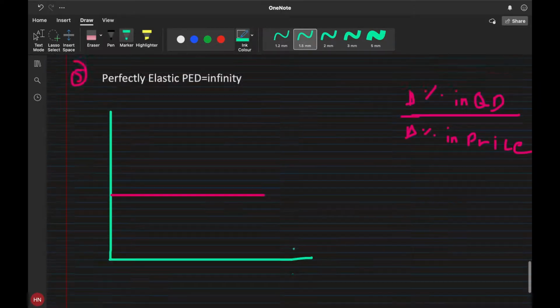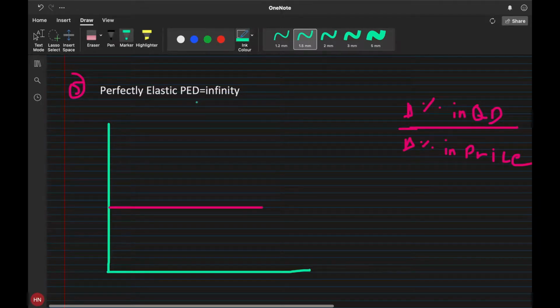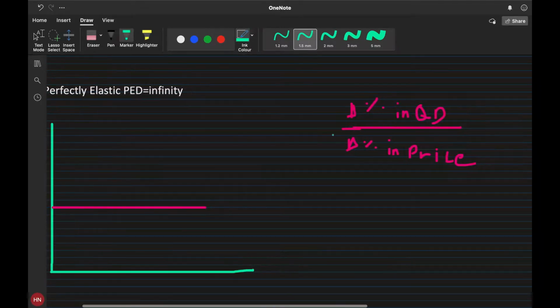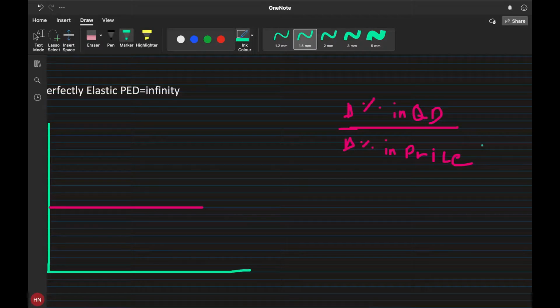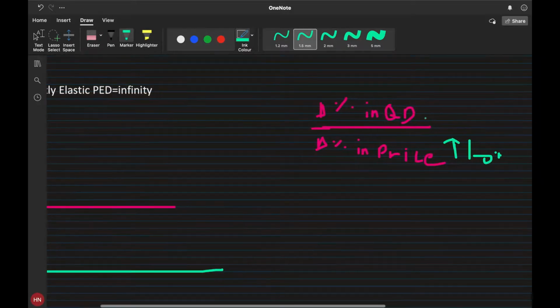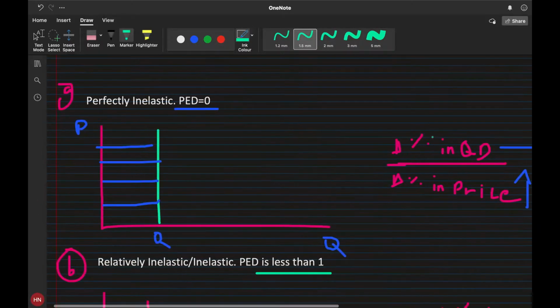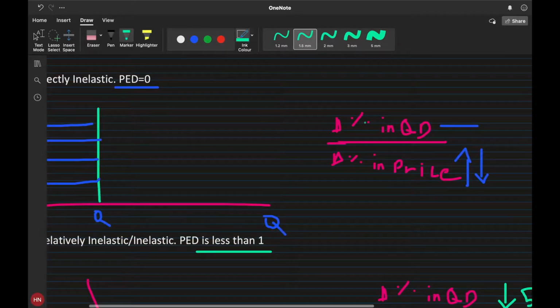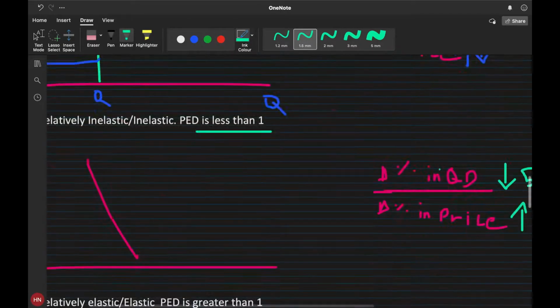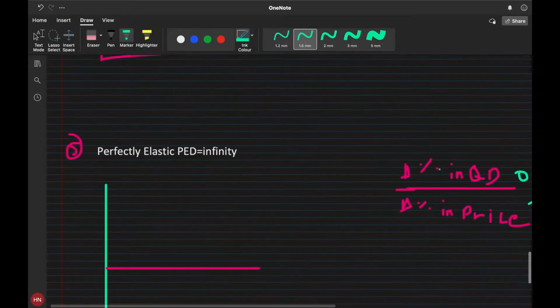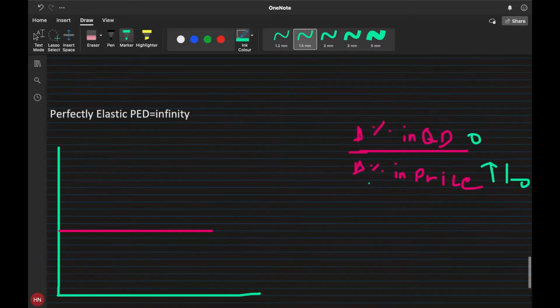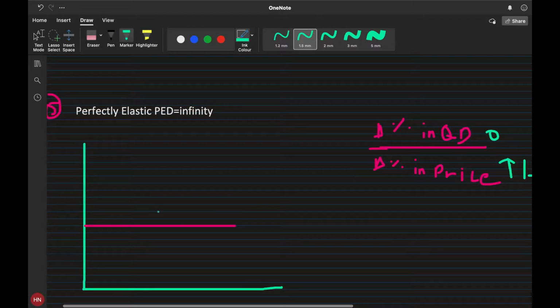Then the next one is perfectly elastic PED, where the value of PED is infinity. So let's say if there is a change in price, maybe 10% again, so a 10% increase in price, then in that case the value of QD will just go down to 0, right? We saw how in the first case over here the percentage change in QD was 0. Over here the percentage change in QD is infinite,